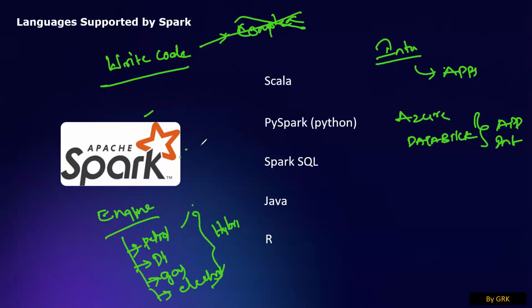Your Spark is also like that. It can run with Scala, if you know Scala code. This is the native one, developed by the Apache users themselves. So Scala is the native language for Spark, but PySpark